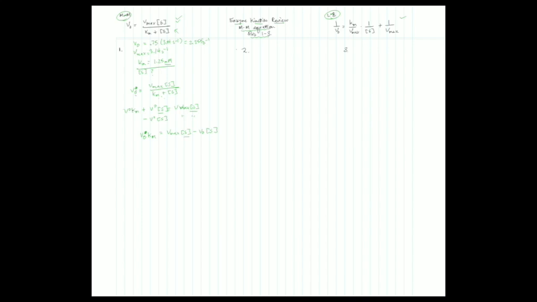You can do reverse FOIL to take out your concentration of substrate, and then you'll get this equals concentration of substrate times Vmax minus V initial velocity, and then you just divide both sides by this to get